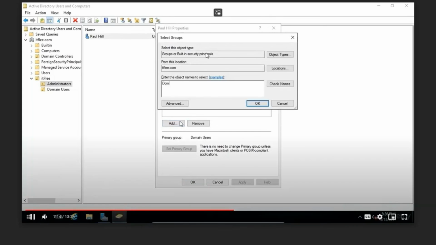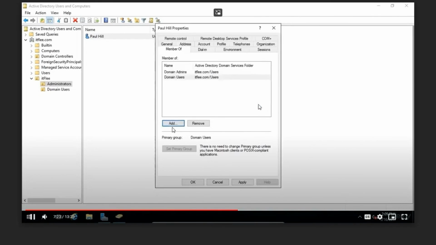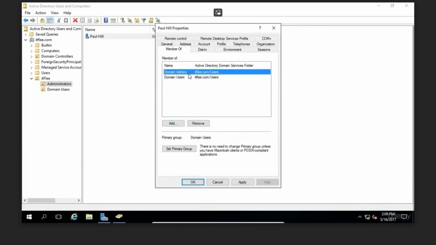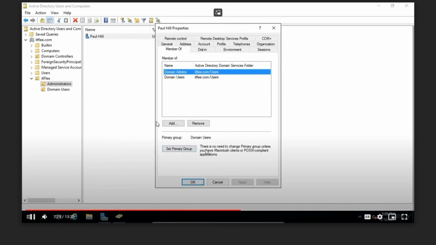Now we just need to type in domain admins, and then we'll click check names, and we can see that it underlined the name here, so we can tell that it found it. So if we click OK, we can see that this is now a domain admin user. Now we could set this to the primary group, but we can